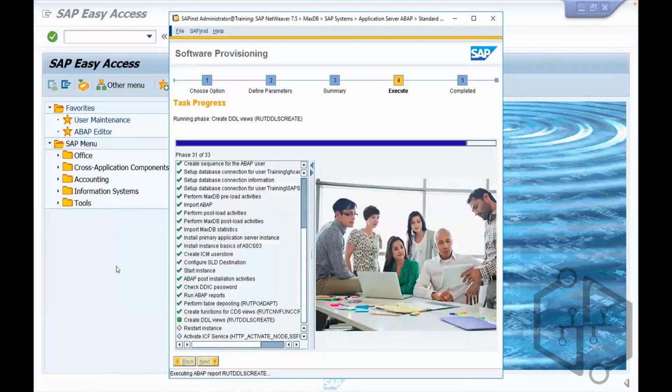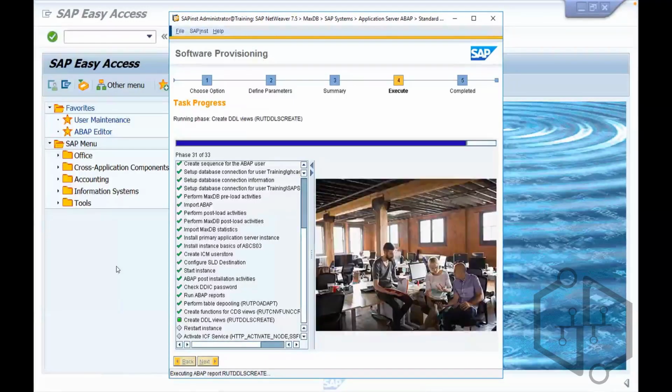So now we are installing the GHC system. After installation of the GHC system, you are going to connect with the GHC system and you are going to start and stop it. I am not going to give you the credentials of the TRN system, but I am going to give you the GHC system, and then I will ask any one of you to start and stop the GHC system. First let it